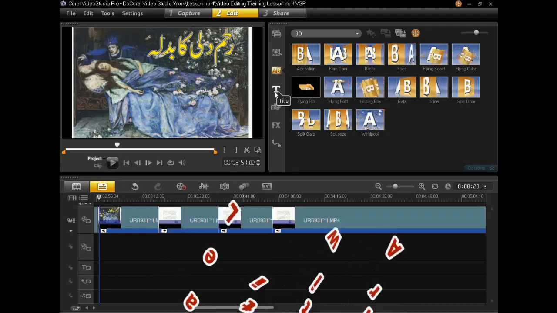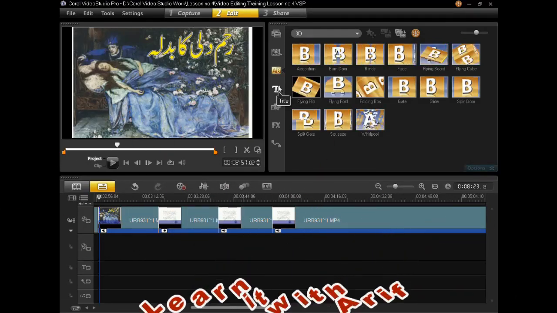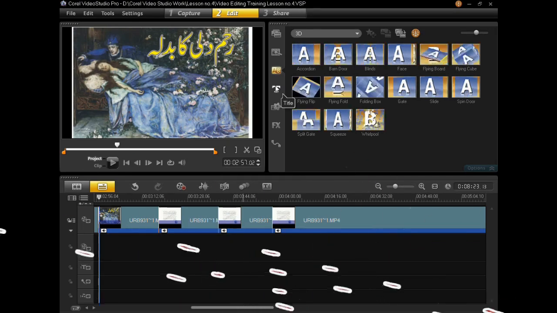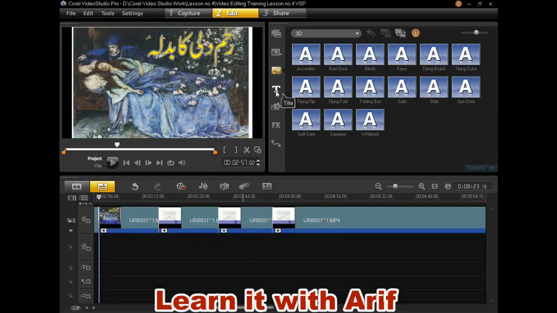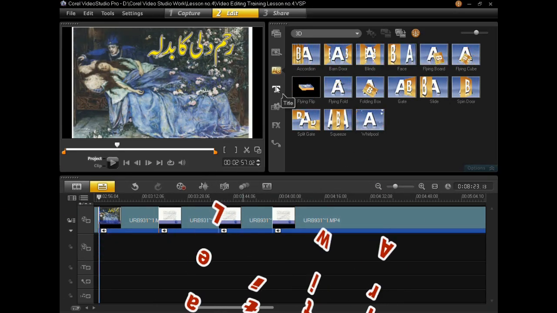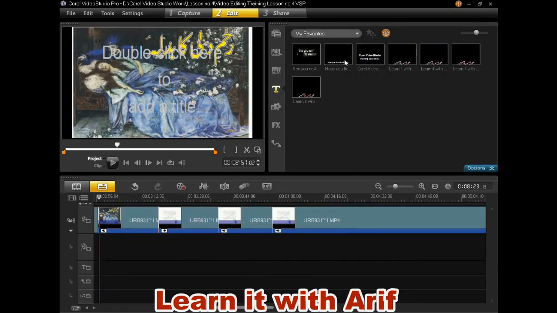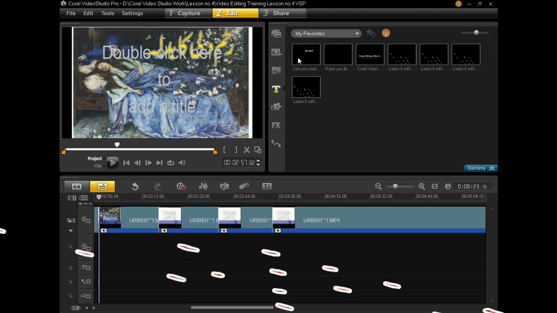Now let us go to title. This is the titles button. Click this T button to go to title. You can see the titles.